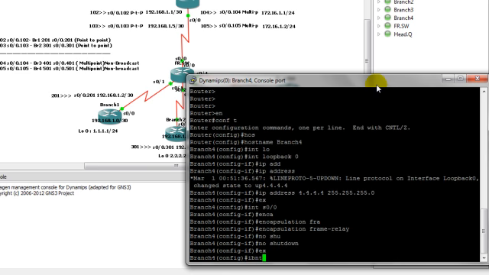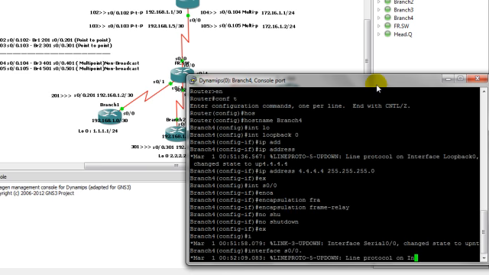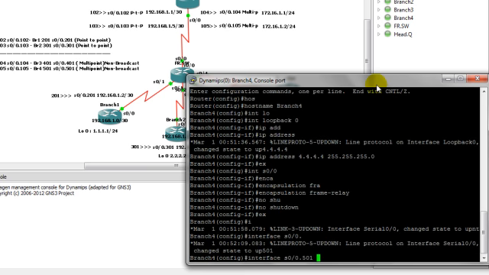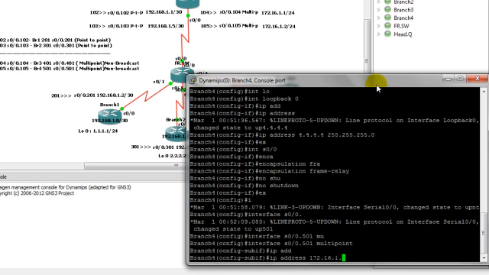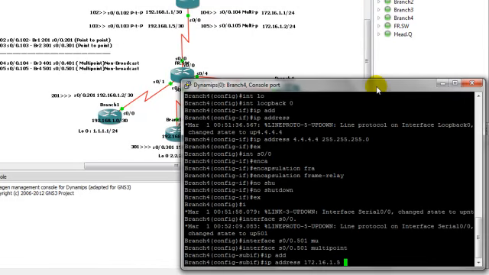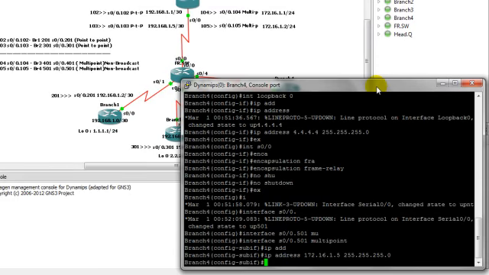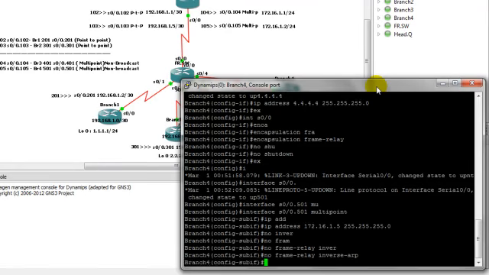Now go to the interface serial 0/0, yes, with .501 with multipoint. That's good with this IP address 172.16.1.5. Let me just make sure, yes, 255.255.255.0. Now no inverse ARP, sorry, no frame relay inverse ARP. Now I want to make a static frame relay route, frame relay map